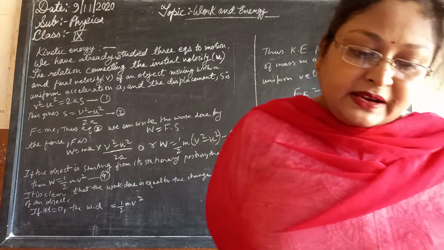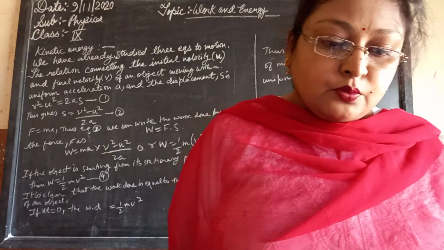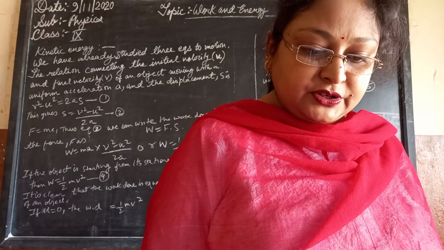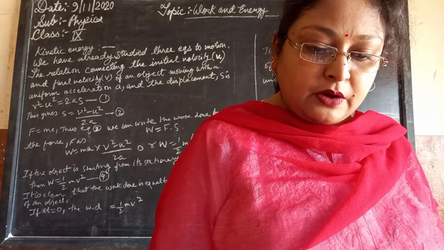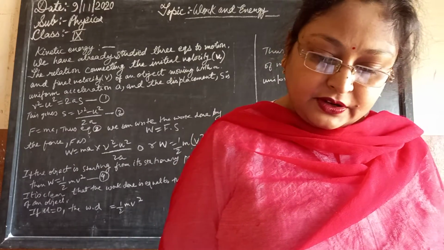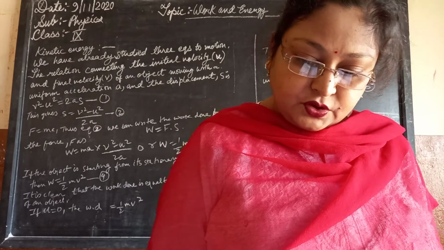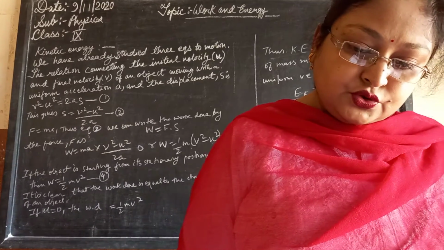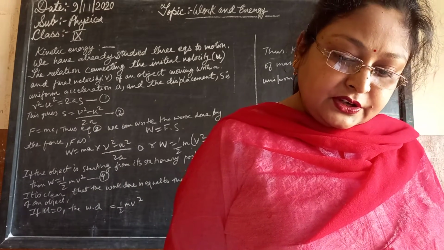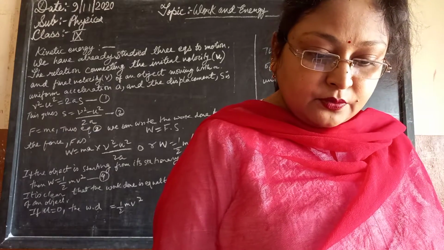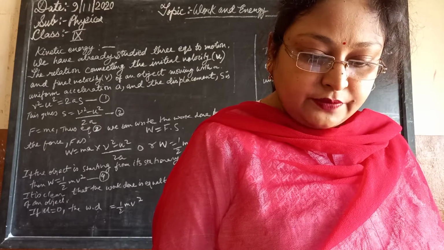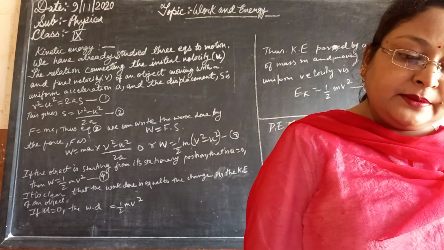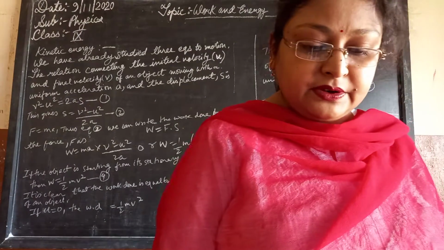What is power? Define 1 watt of power. What is power? You know it. Power is equal to work upon time. Then 1 watt of power is what you have here. 1 watt is equal to 1 joule per second, and 1 kilowatt is equal to 1000 watt. A lamp consumes 1000 joule of energy in 10 seconds. What is its power? Power is equal to work upon time. Divide the values and we will get the answer.